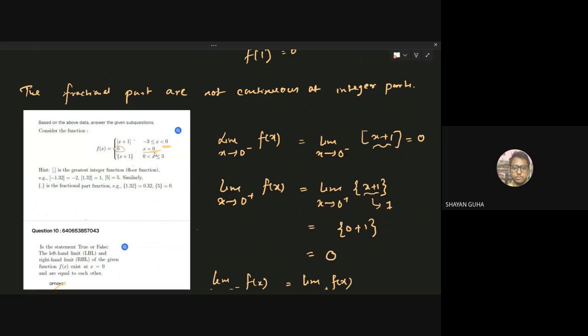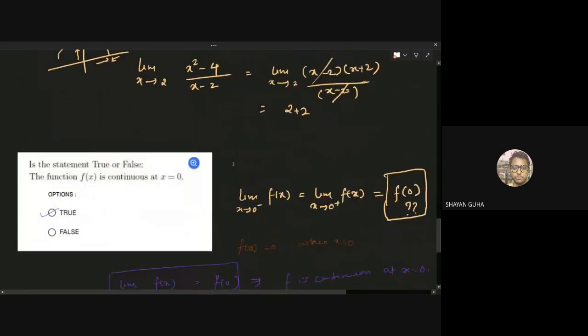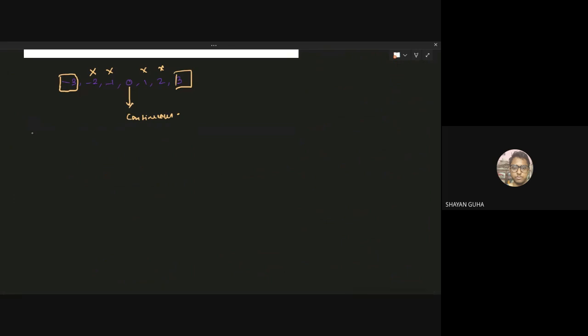So obviously the remaining points are under my scrutiny. I have to check just the extreme points, that is minus 3 and plus 3. Except these 2 points, I am sure that minus 2, minus 1, 1, 2, these 4 points are sure my points of discontinuity. Have you understood this part? Why I am sure that these 4 points are discontinuous? For sure. Now let's check for two extreme points. One is minus 3 and one is plus 3. So I will check for